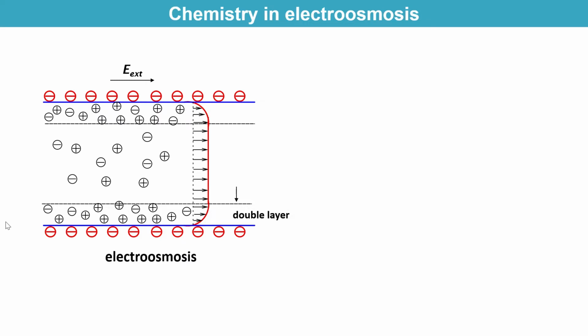Shown here, we have a solution that helps to develop a negative surface charge on the wall of your channel. In this case, because of this negative charge, positive charges in the electrolyte are pulled towards it, while negative ions are pushed away from it. This helps to form what we call the electrical double layer. In this double layer, the net charge of the ions is not zero, and they have to balance the charge